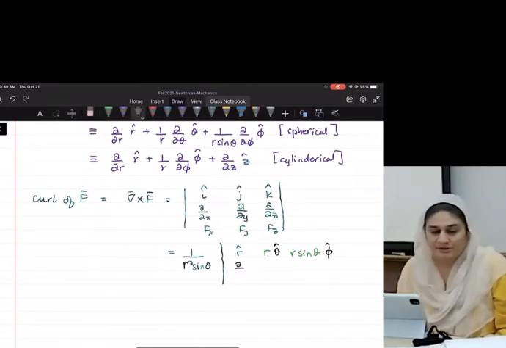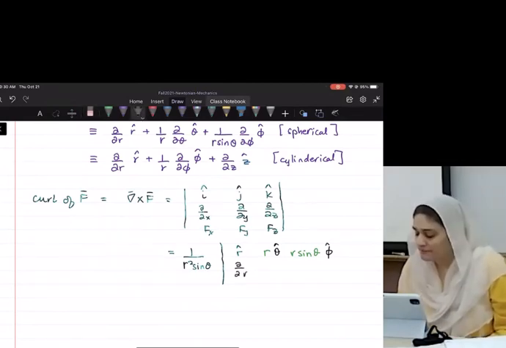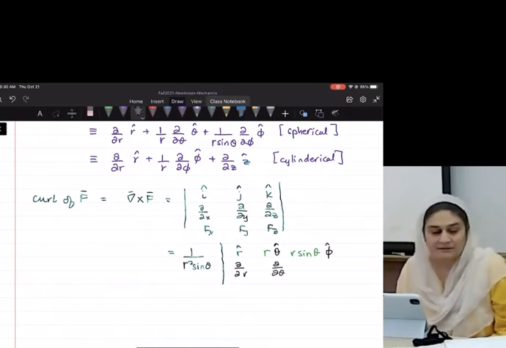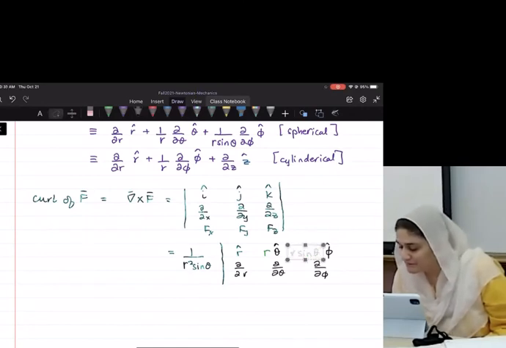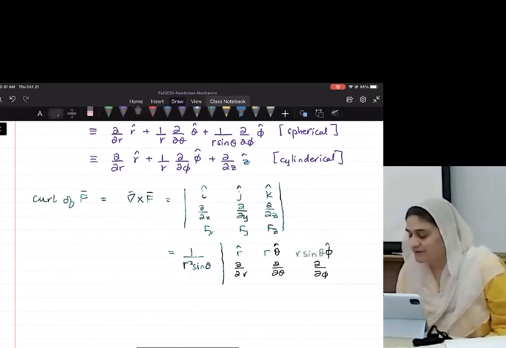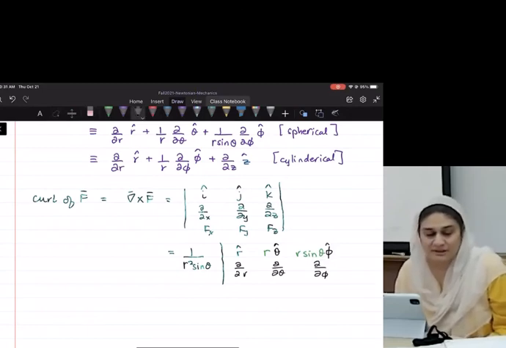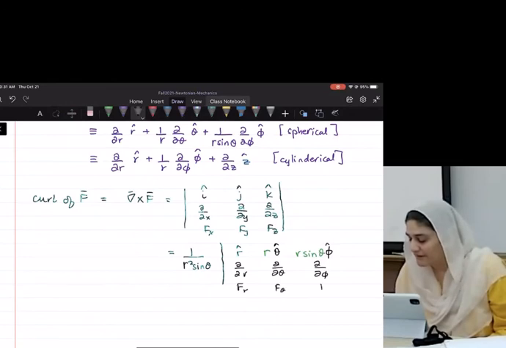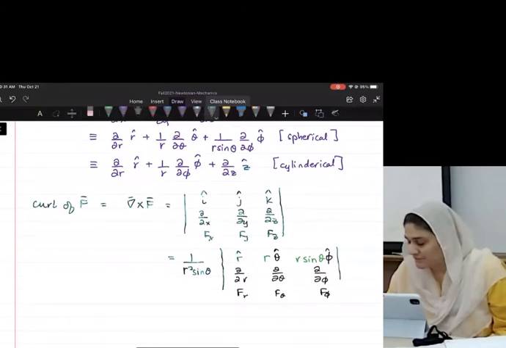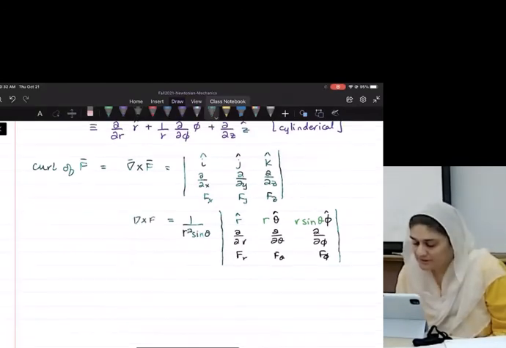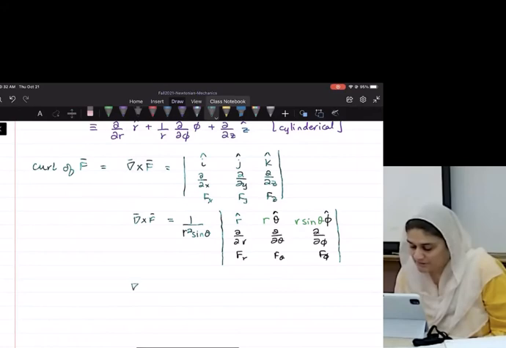And this would be partial over partial r, partial over partial theta, partial over partial phi. Oh, and then this should be probably a little bit closer to here so you don't get confused. It still is a matrix. And this would be f of r, f of theta, f of phi. And matrix done. Still del cross F, and del cross F for a cylindrical one is 1 over r,